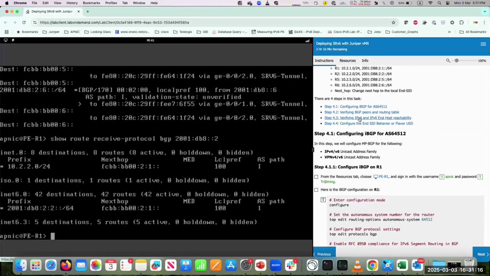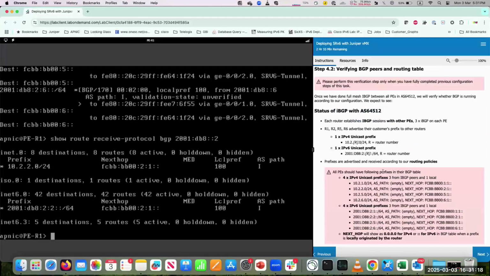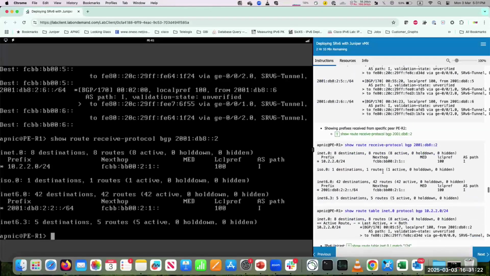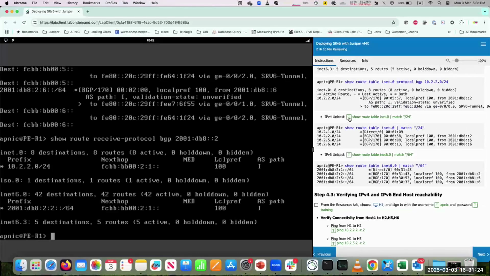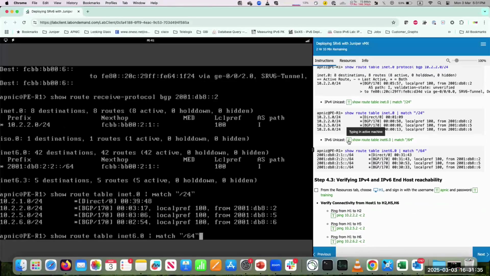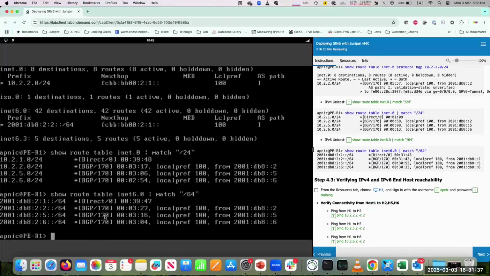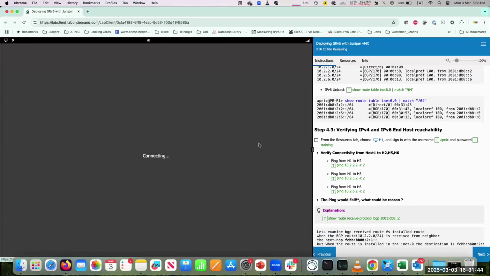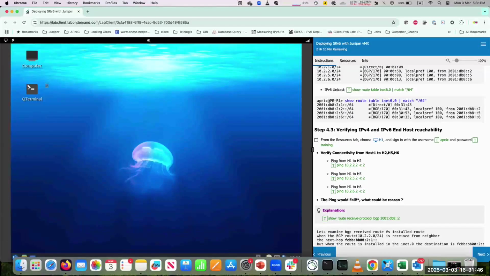Let's go back to the verification. Once you have verified this, you can match all of the different prefixes. So 1, 2, 3, 4. I have 4 hosts, and 4 of their prefixes are available in the table. Similarly for IPv6, you can confirm 1, 2, 3, 4. 4 host IPv6 addresses are there. So now I can go to H1 and test the connectivity towards